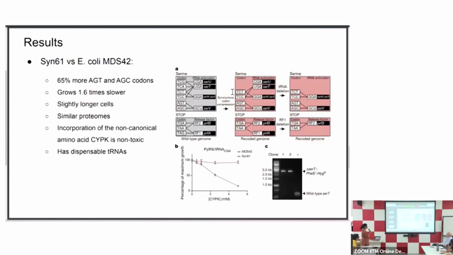Now, they have compared the 2 genomes, the original MDS42 strain of E. coli with the Syn61. What they observe is the new genome has 65% more AGT and AGC codons. It grows 1.6 times slower than wild type, and then the cells have been found to be slightly longer, and the proteins seem to be similar. One interesting property that the new genome has is it is no more toxic to some non-canonical amino acid, CypK,